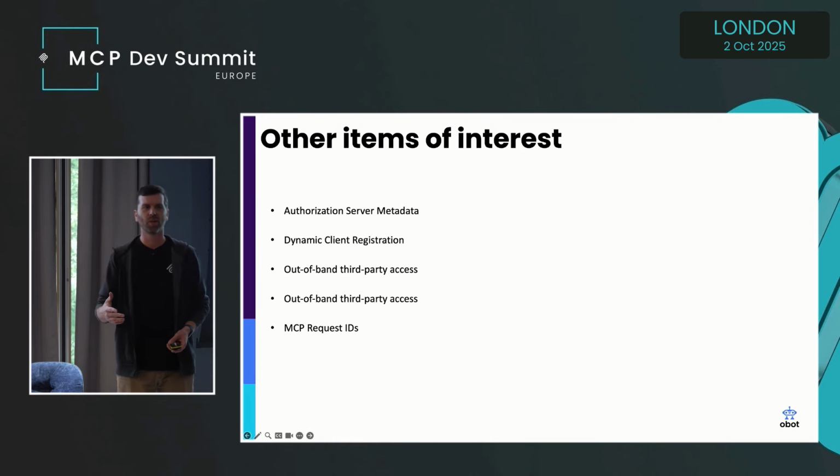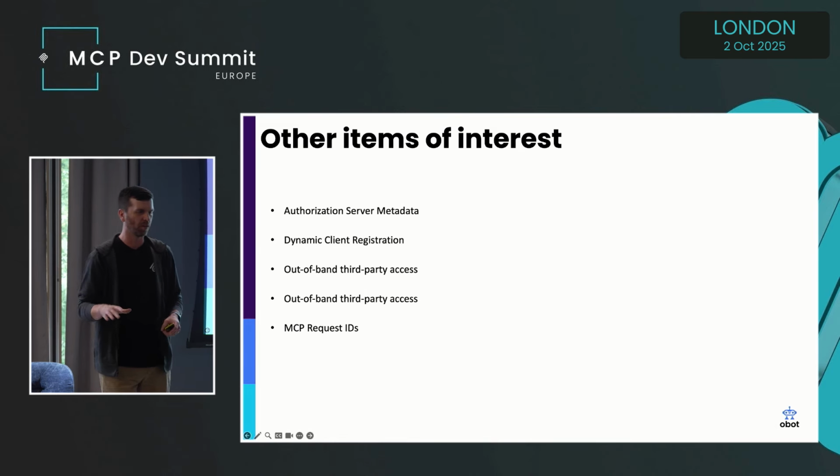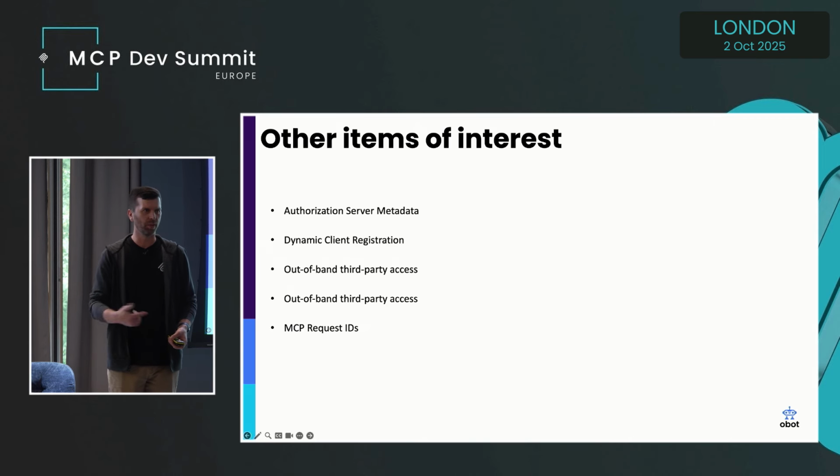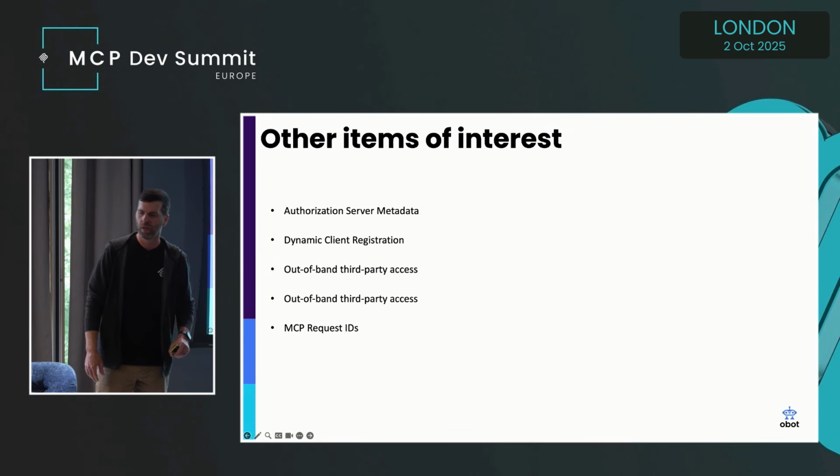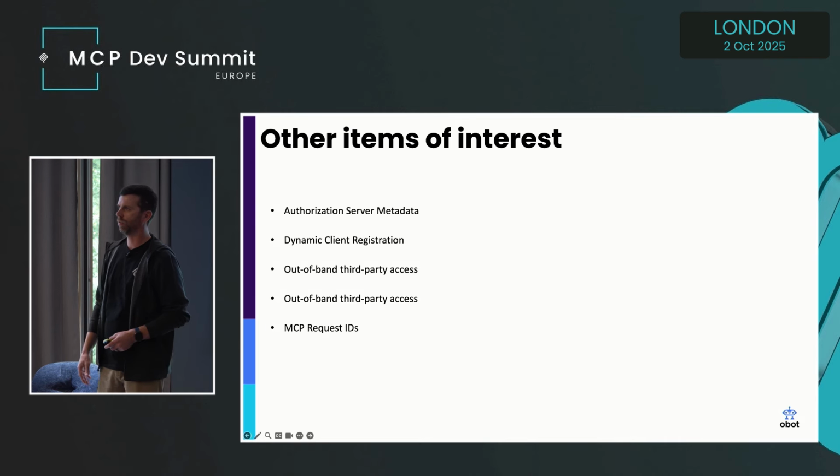And then MCP request IDs is outside the scope of auth, but we've had a lot of problems with that too. A lot of problems. People don't like strings. I don't know why people don't like strings, but they don't, and they don't handle them well. They don't error, but they do other things with them, and it's very frustrating. So we've had to put special code in our client to handle those situations.